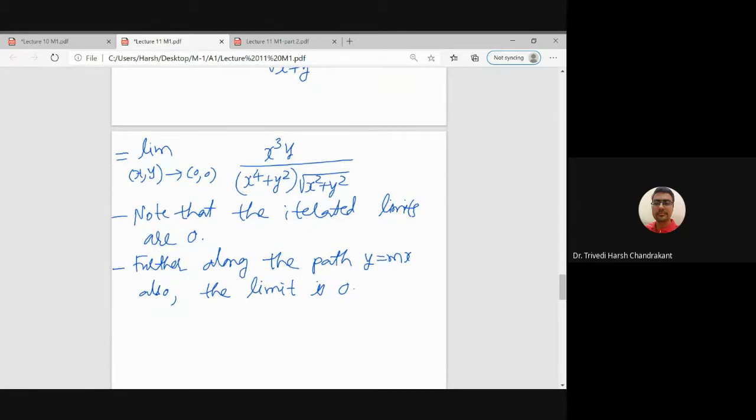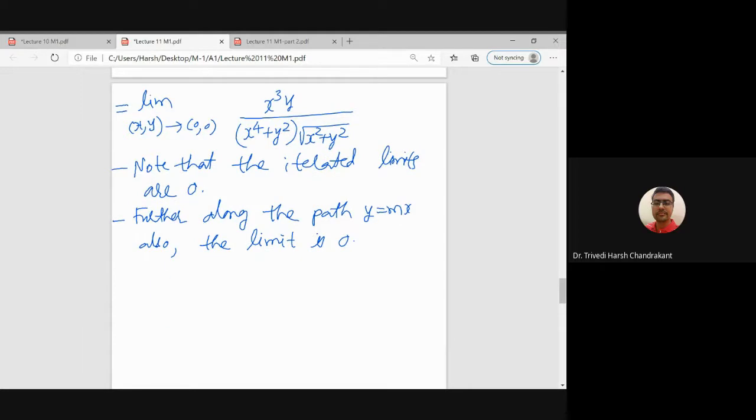But then if you go for squeezing this limit, that is basically the epsilon delta definition, then what we can observe is that x square minus